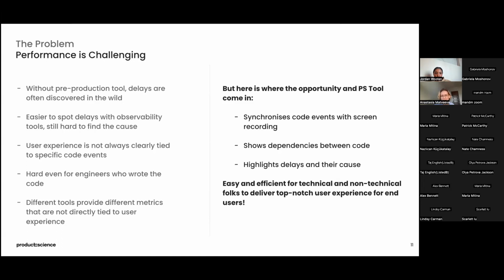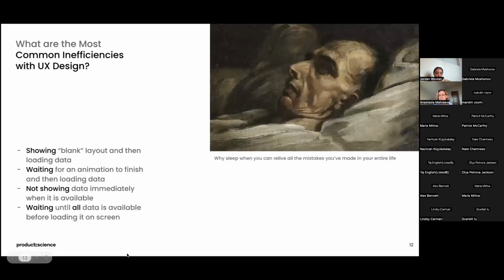Before jumping into that, let's see a few examples, the most common causes of the delays, and then the examples of these delays happening with some additional explanation of the reasons for those delays. Now, working with different apps across very different industries, starting from image editing and social networks and messengers, and going to finance and banking and retail, across different platforms, we've noticed that most of the delays that we see,